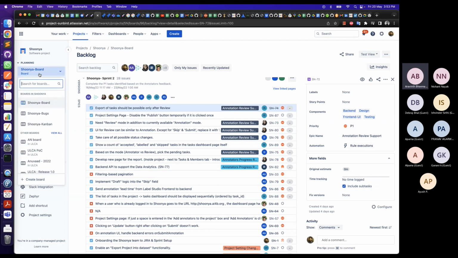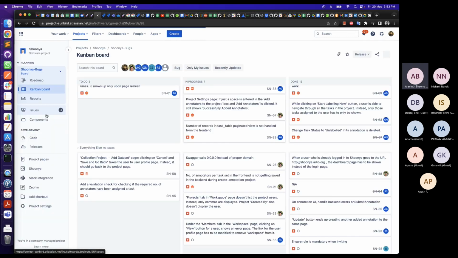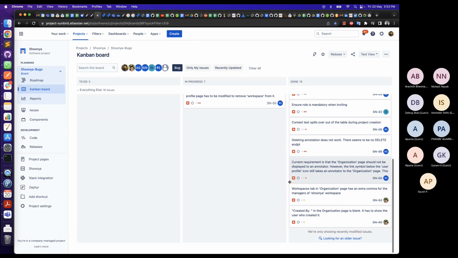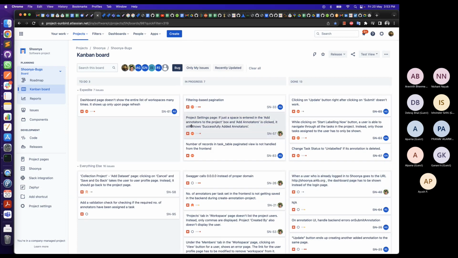The other couple of boards: one is for bugs. As I mentioned, a special view is required because bugs take priority, right? Also, we are early in the project, so it becomes very important to make sure all the bugs are closed sooner. That's why this board is created, which contains a consolidated view of all the bugs. Whenever you see this, what do you see? Some red circle, right? It's just an indicator, like a non-veg symbol, but yes, it's the indicator for a bug. So that's about the bug view.